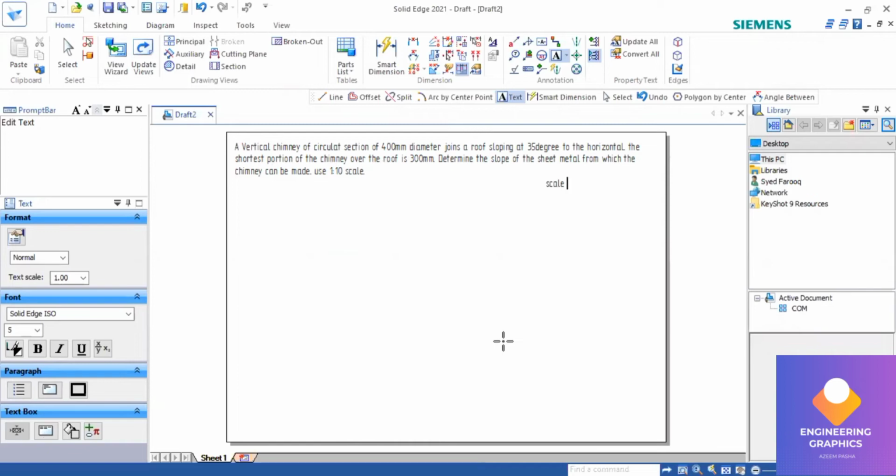sheet metal. Here, the mentioned scale is 1:10. That means the 400 diameter will be converted into 40 and the 300 height of the shortest portion of the chimney is converted into 30. Okay, so first we are going to write the scale here. So it is somewhat like a circular cylinder, but we need to cut it with respect to the 30 degree from that horizontal plane. Okay,